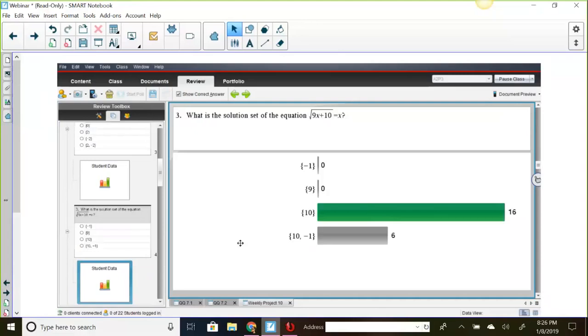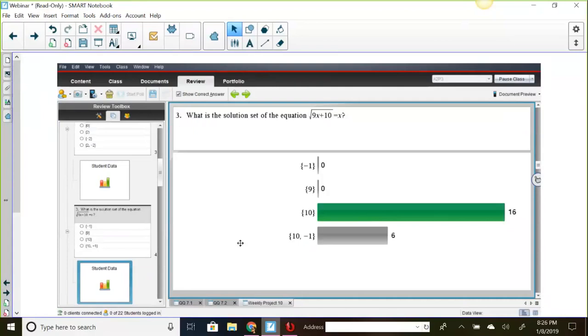TI Navigator really changed the way I teach. This is something that I will never go back to not having, ever, ever, ever. I will forever have an Inspire Navigator system in my classroom. It allows for instant data analysis. I can see what every student is doing at every moment by using Live Presenter, which Joanne's going to show you in a little while. It really has changed how I present information.